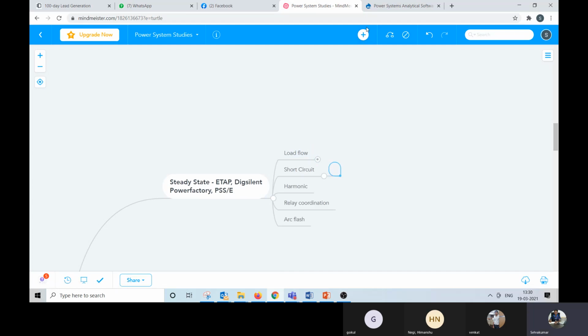Similarly, why do we need to perform short circuit, or what's the objective of short circuit? I think it's just to get the short circuit rating of the equipments and carry out the safety studies as well. So it's basically for identifying the short time rating of the equipments. It also helps identify the breaking, making, and DC breaking capability of the interrupting equipments.